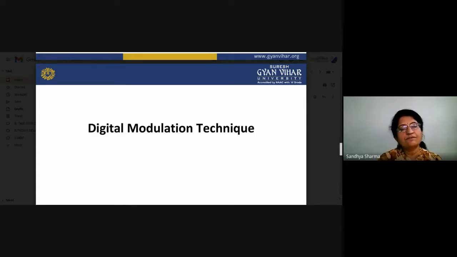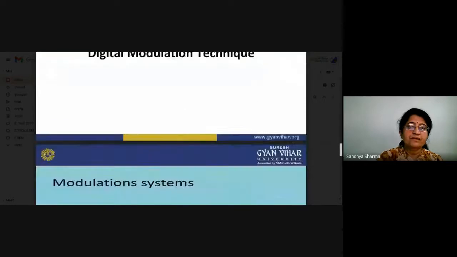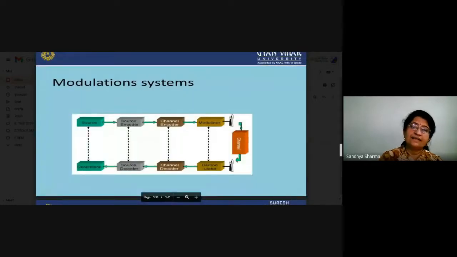First of all, why do we require the digital modulation techniques? As we have seen in our previous lectures, why we need the modulation and why we are using the modulation in analog communication. From there, the first thing is clear: for transmitting your signals to longer distances, we require the modulation system, and at that time we were working on the analog signals. In those classes we discussed amplitude modulation, frequency modulation and phase modulation.